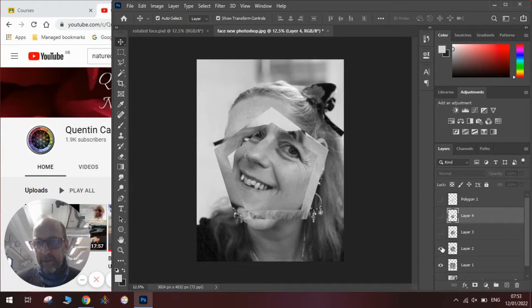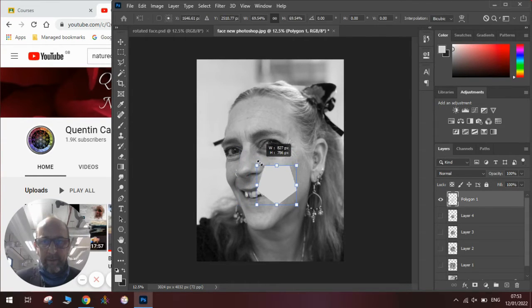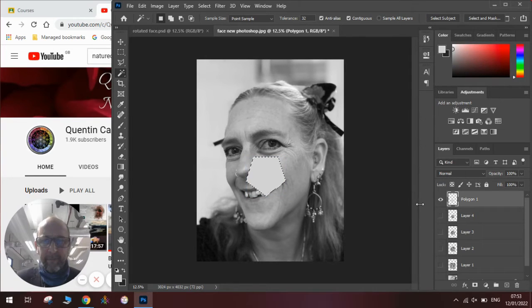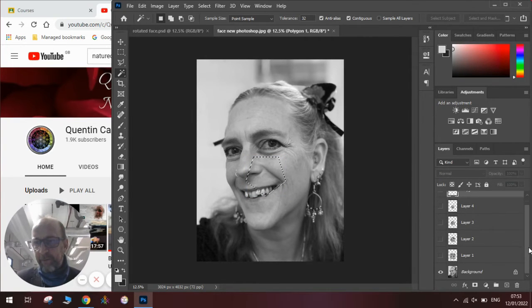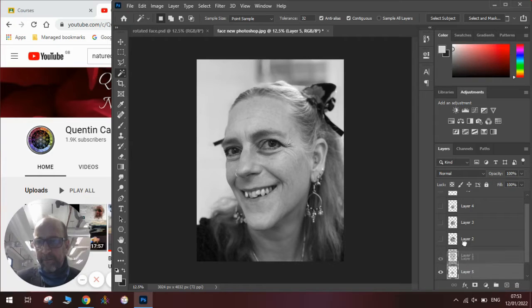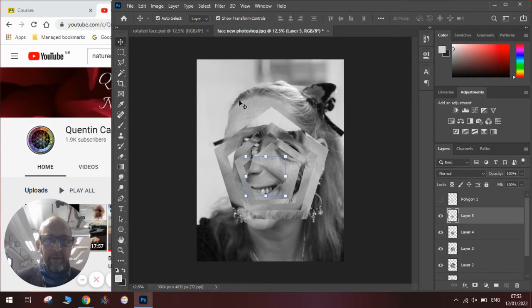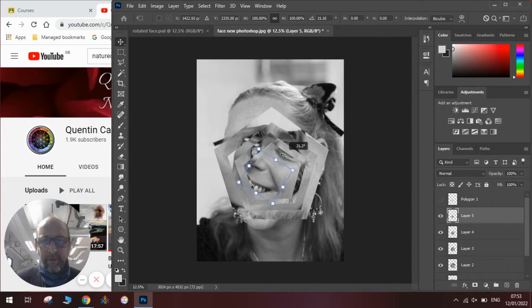So hide all the eyes, click on the polygon tool, make it smaller, place it where you want it, use the magic wand tool, click on it, hide it, scroll to the bottom, click on the background layer, edit, copy, edit, paste, bring that to the top, open all the eyes, then we need to rotate the top one,